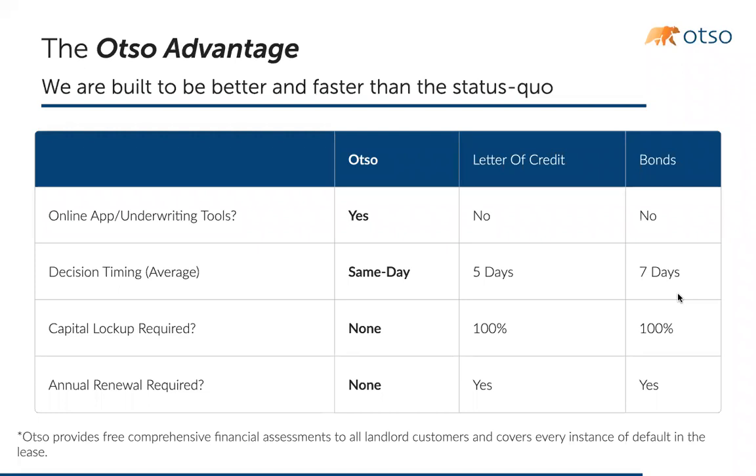The last thing that's very inefficient about the other products that are out there is that they require both annual audit and annual renewal. And that's very onerous on a tenant. And so this stuff doesn't really make sense for smaller deals, which is the bulk of the commercial real estate market, that 3 to 10,000 square foot flex industrial retail user. That's where we make our bread and butter.